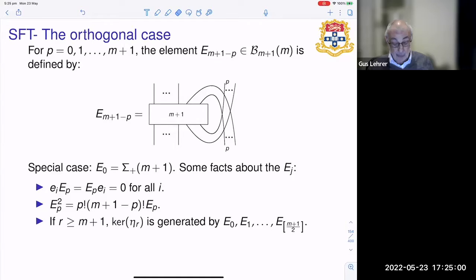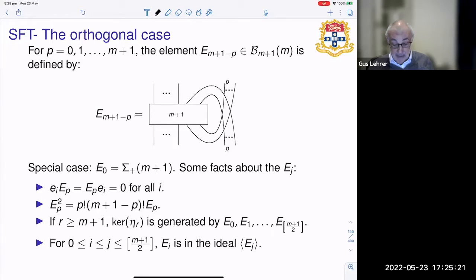If R is greater than or equal to m plus 1, then the kernel of eta R is generated by these various idempotents. It is a fact that all of these, so you take effectively half of these, that all of these are in fact in the ideal generated by this one special one. So it is this idempotent